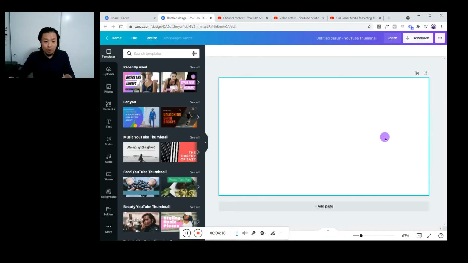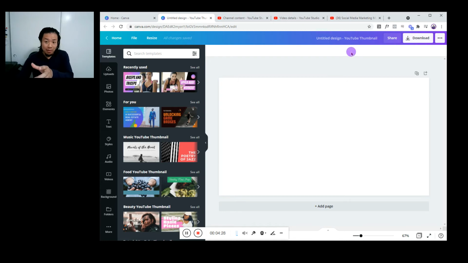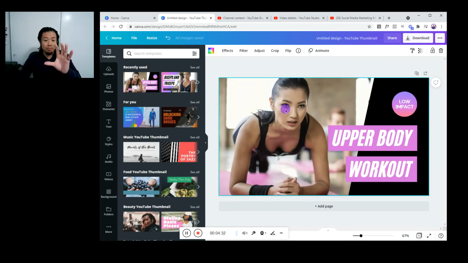If you don't know the perfect size and you're trying to guess it, you might end up uploading a larger file than it should be, and you'll get messages from YouTube rejecting that. So to save you time, use Canva. You can use the free version, type in that template, and then you can pick a template and put your picture in here, put in a title, put in your logo, and this now becomes the actual